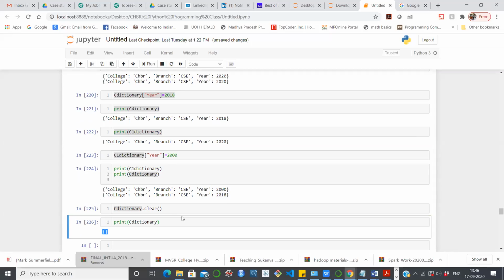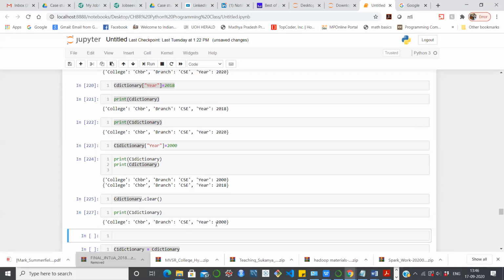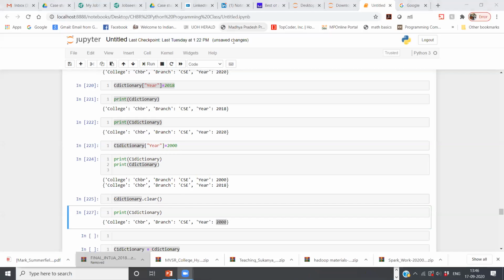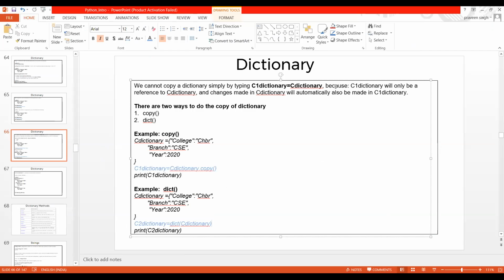Your dictionary is empty. Now let us print C1 dictionary. You are getting values. Now, what difference do you feel here? Do you see here? I hope nobody is seeing any difference. But what exactly the difference is? Here the difference is,